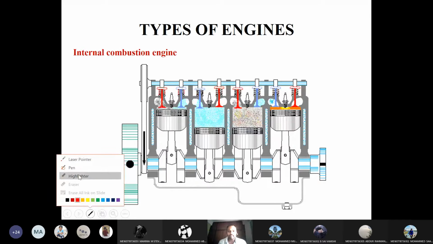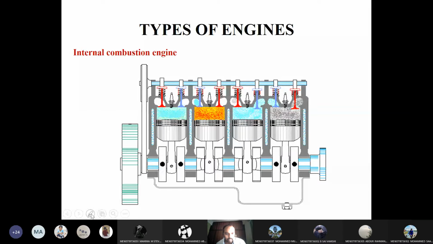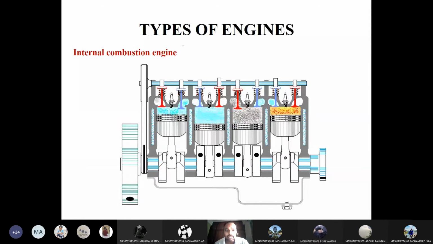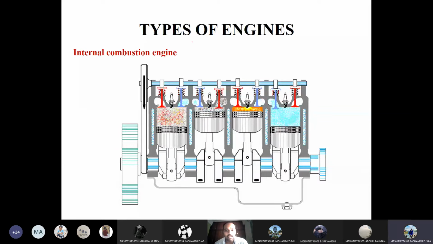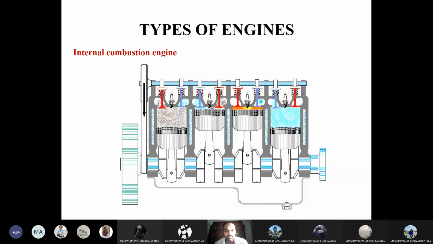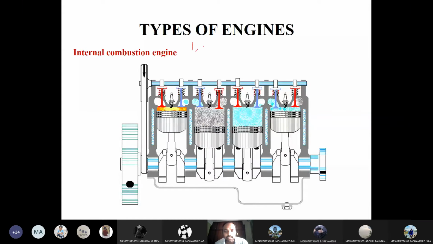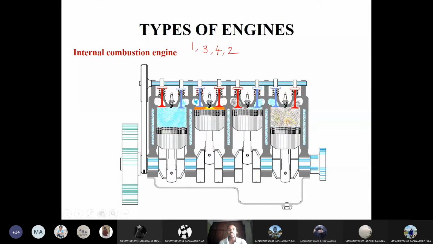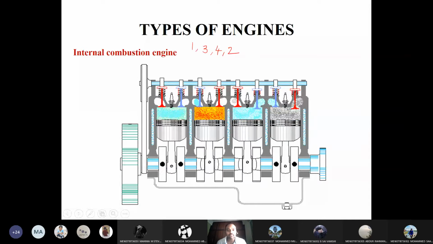Right. Now here we used to call it the firing order. That term is the firing order. Now you can see here. Now tell me in which cylinder the combustion is taking place first, or you can see suction. Tell me. 1, 3, 4. Can you tell me the order? First suction is taking place in the first cylinder, then the suction is taking place in 3, then the suction is taking place in 4, and then in 2. Observe carefully. 1, 3, 4, 2.